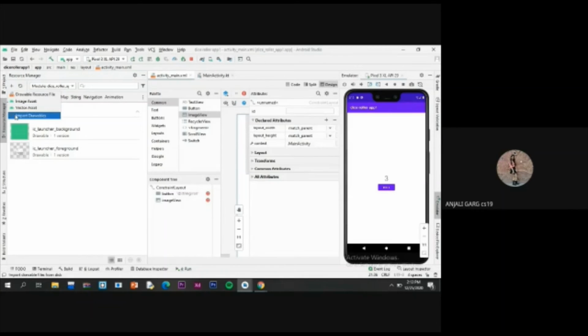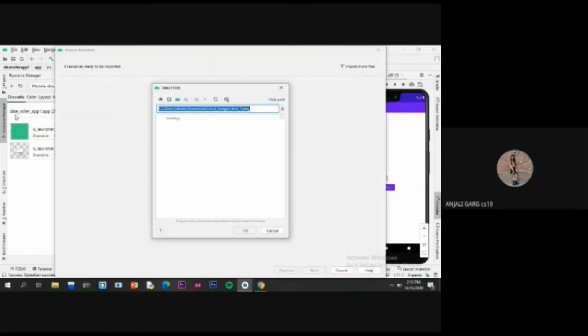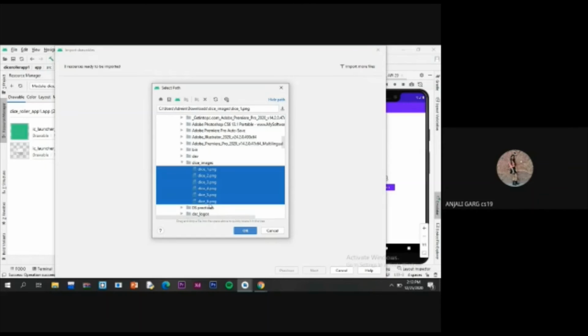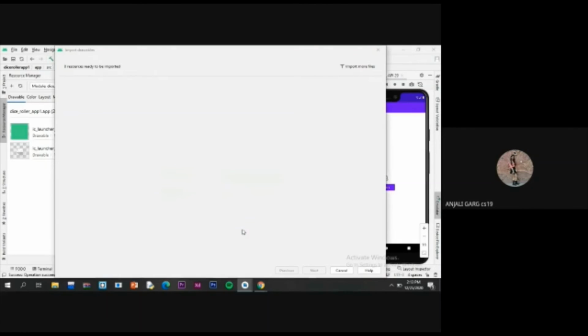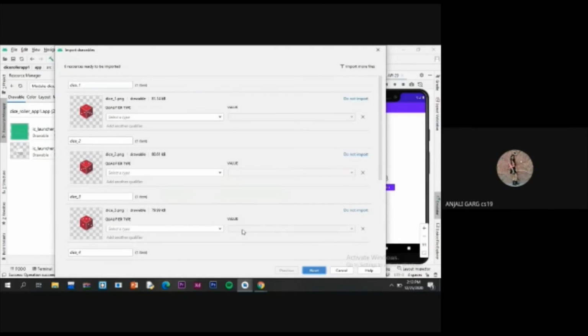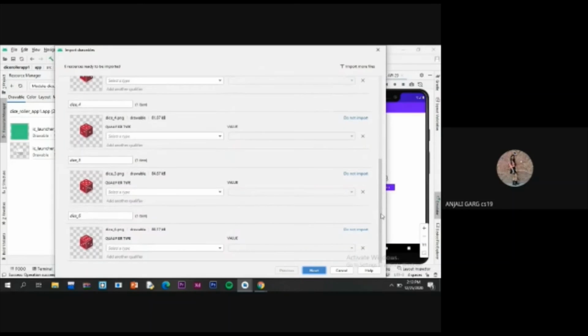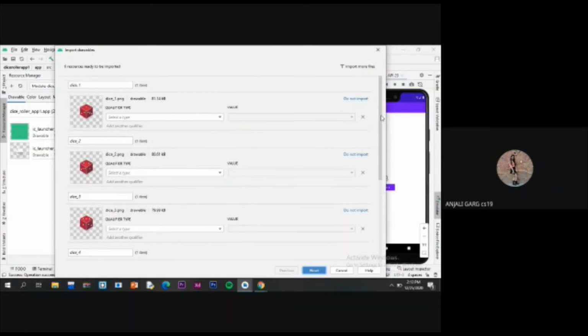So we have to click on import drawables. I will be selecting all the dice images, meaning 1, 2, 3, 4, 5 and 6, and then I will click OK. So here you go. These are all 6 dice images.